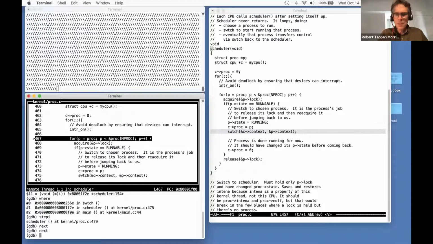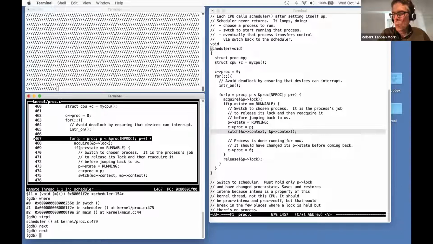I actually want to spend a moment talking about the p->lock a little bit more. p->lock actually does a couple of things. It does really two things from the point of view of scheduling. One is that yielding the CPU involves multiple steps. We have to change the state from running to runnable. We need to save the registers in the yielding process's context, and we have to stop using the yielding process's stack. There's at least 3 steps, which take time in order to do all the steps required to yield the